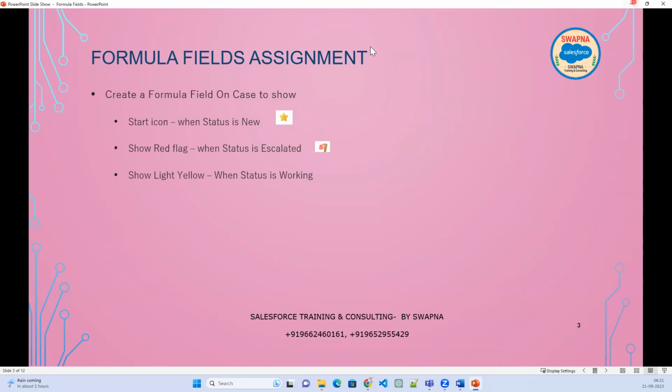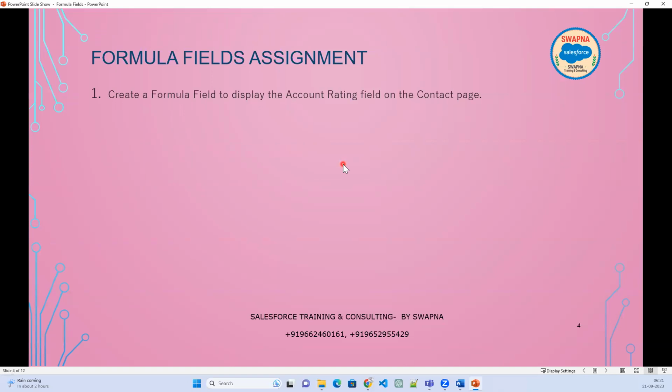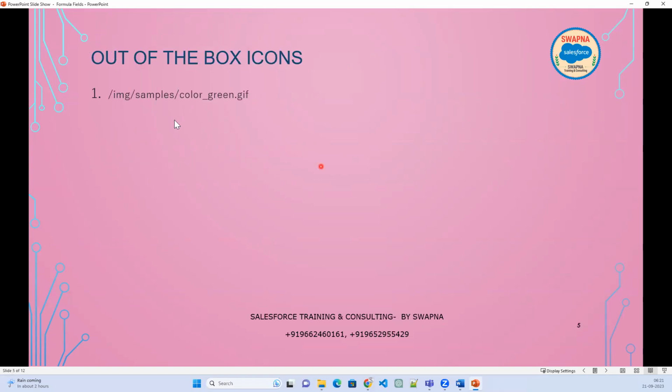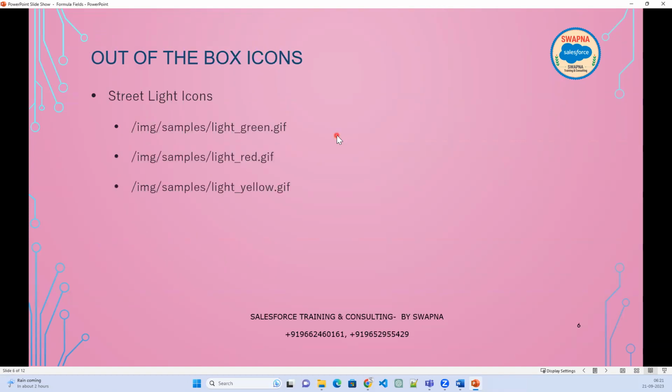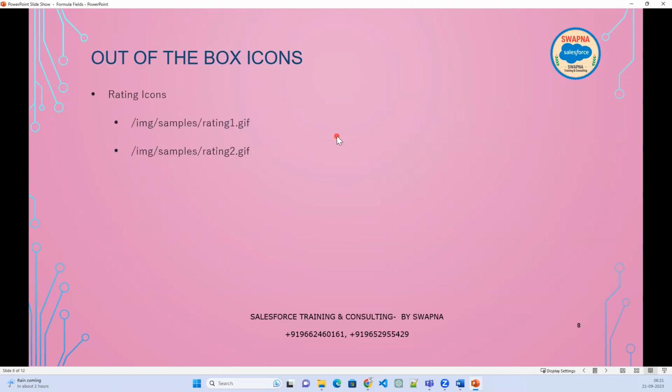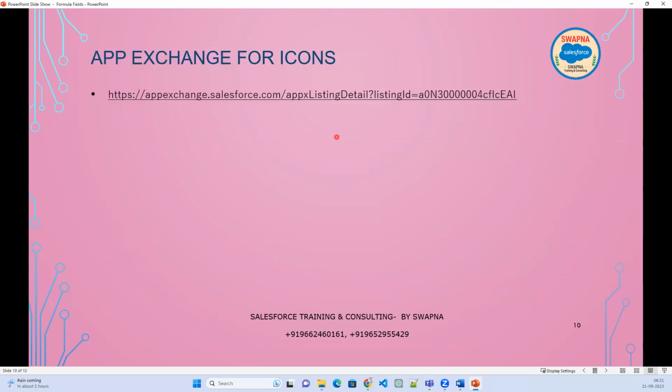A simple example on the case: whenever the status equals new, I want to show the star icon. Let's say I want to show different icons. So we have some images, there are different types of images. If you want to know where these images are and how I can show them,